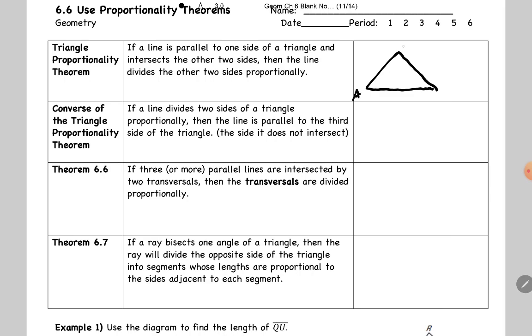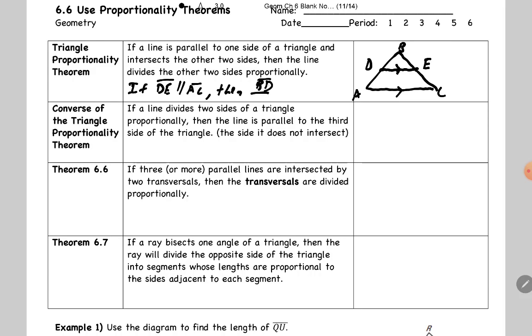So this first one, let me just finish drawing this picture here. If a line is parallel to one side of a triangle and intersects the other two sides, so here's that line there, line DE is parallel to AC and it's intersecting two sides, then the line divides the other two sides proportionally. So what does that mean? If DE is parallel to AC, then